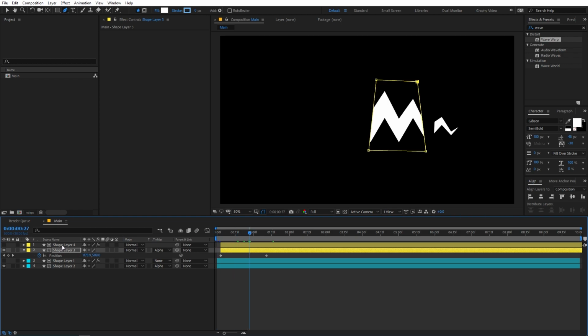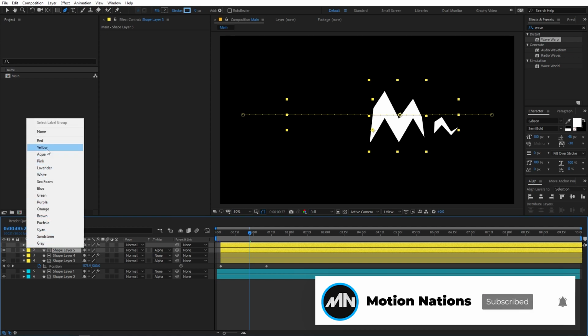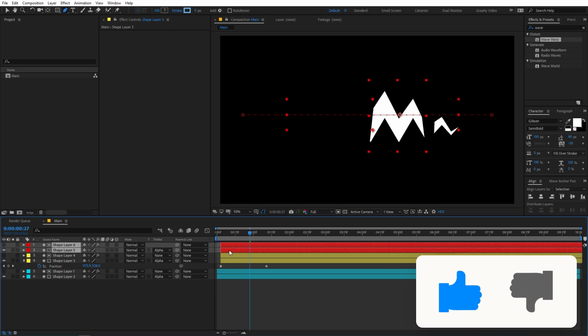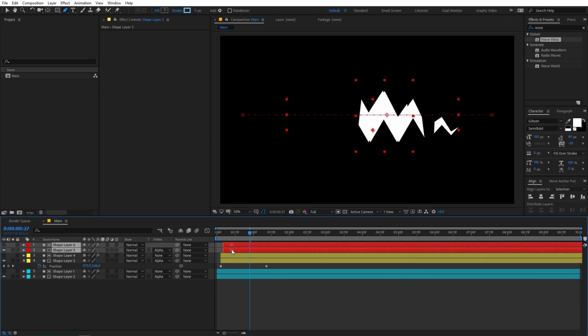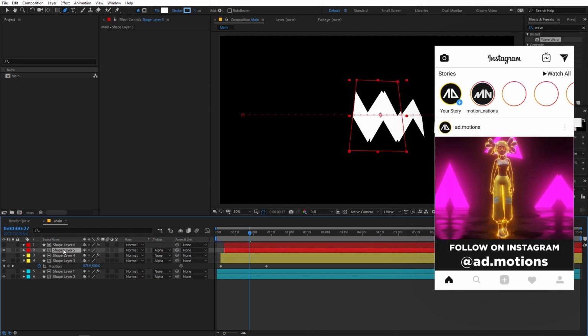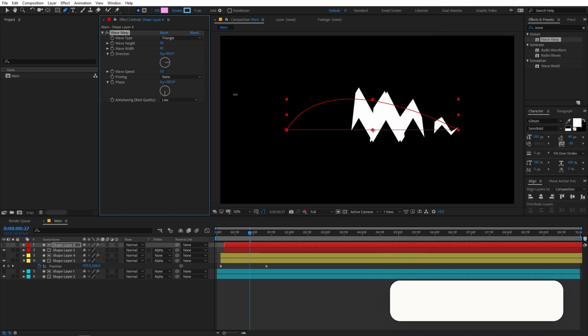So now again I'm going to select both the layers, press Ctrl D to duplicate it one more time, and I'm going to change its color to something like red. And again I'm going to offset it a couple of frames, and let's change its parameter. So I'm going to change the phase as well.